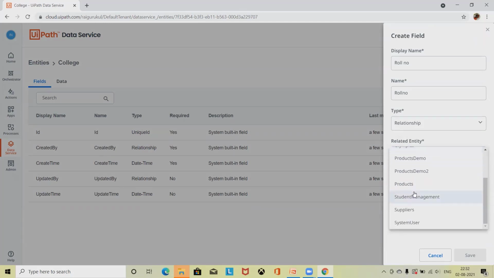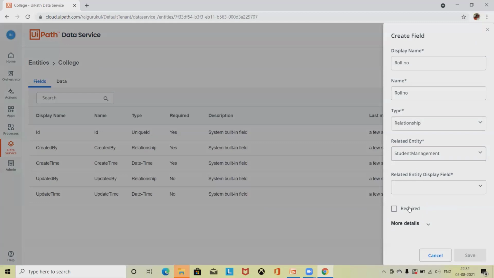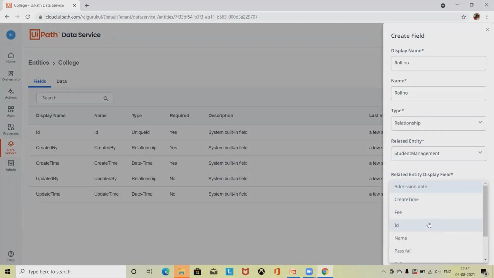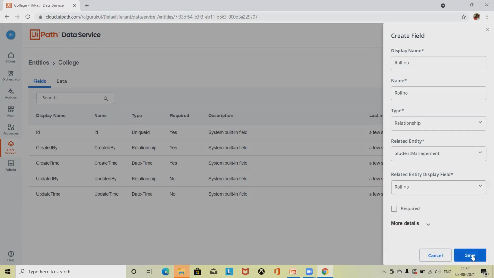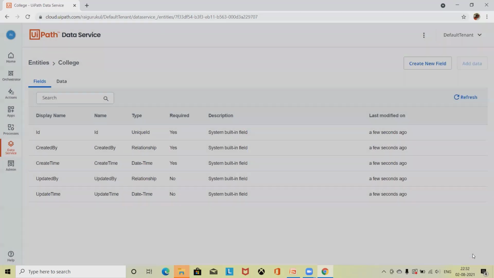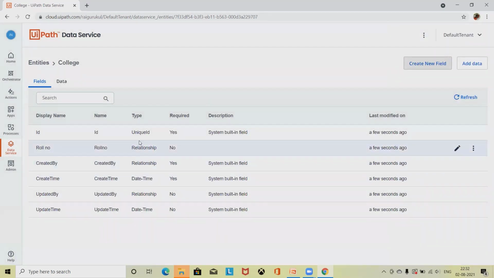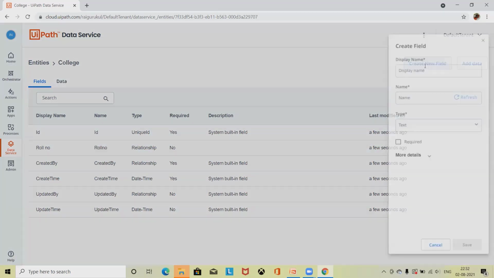So I have to provide the relationship with the other table. This will give me a relationship when we are calling the data from both the tables. So the related entity is basically roll number, and click on save. And you can see here the relationship entity is created with college and student management system.